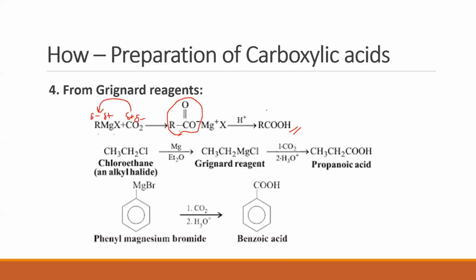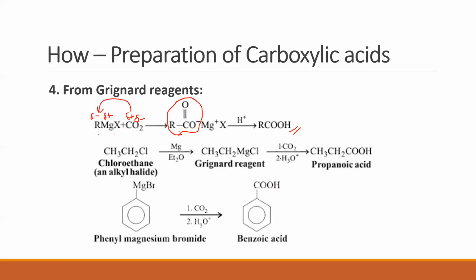So how do we get a carboxylic acid from a Grignard reagent? You take a Grignard reagent and make it react with carbon dioxide. It initially forms an adduct, an addition compound, where CO2 gets incorporated between R and Mg to form the salt RCOO minus MgX. This is then made to react with an acid. An acid gives us H plus. This H plus is used up for the formation of a carboxylic acid. Clear? So this is the method involving a Grignard reagent.